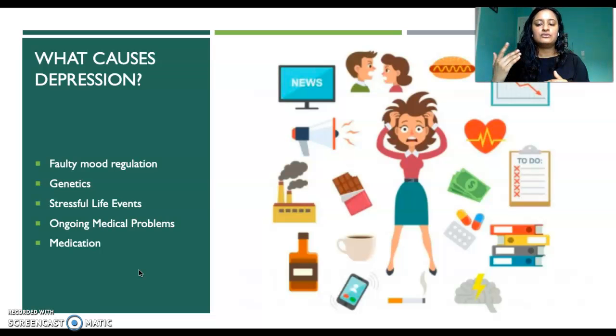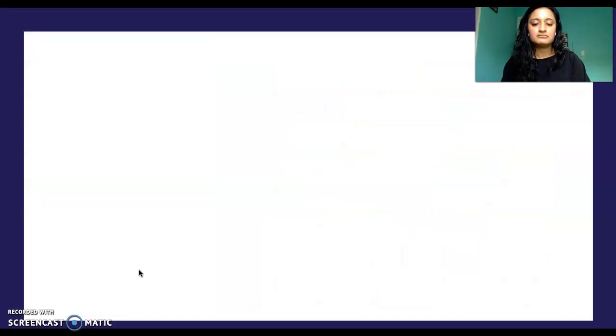So say you have a genetic vulnerability and you go through a stressful life event, then you're more likely to develop depression. These are the environmental causes. However, scientists now are doing more research and they're concluding that depression isn't just a result of chemical imbalance because it's much more complicated than that. There are actual structural changes in the brain, which we'll see in the next slide, that cause this disease.